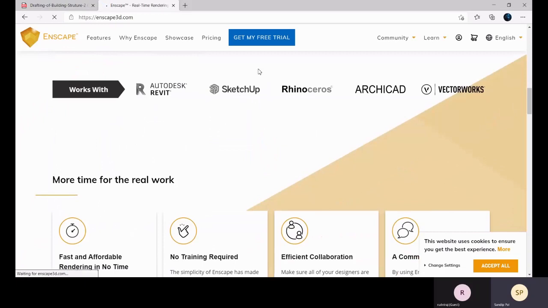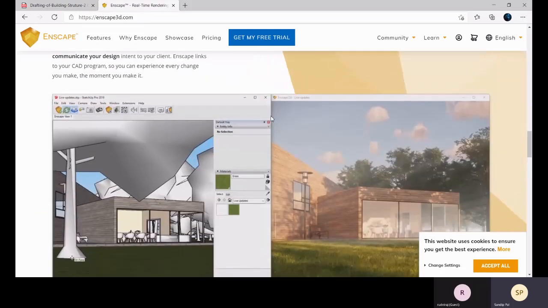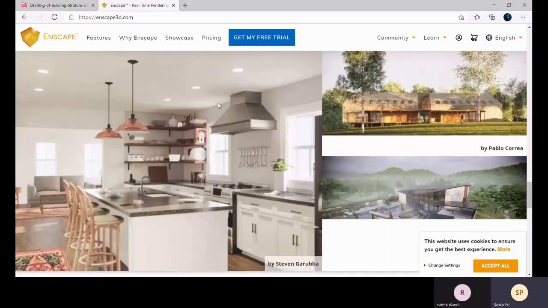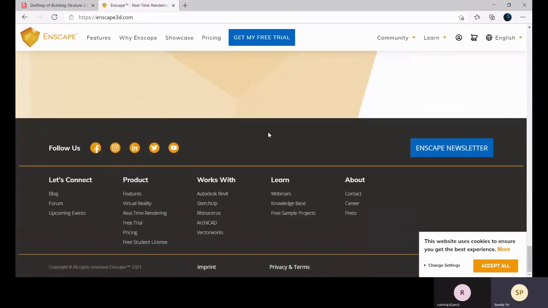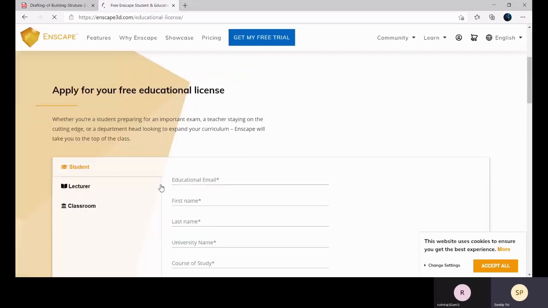You can get a 14 day free trial. They also provide a student version for 60 days. For that you can apply from here. This free student license, you can get it from here. You have to sign in.